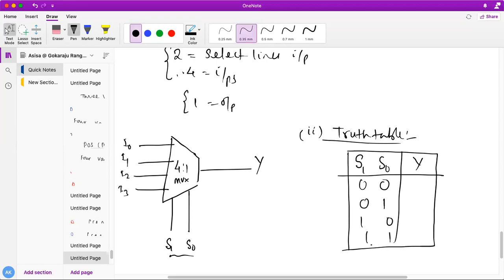If it is 0 0, I0 is going to be connected to Y, so Y will take I0. If it is 0 1, I1 will go to Y. If it is 1 0, I2 will go. If 1 1, I3 will go. So this is the selection criteria: I0, I1, I2, I3.